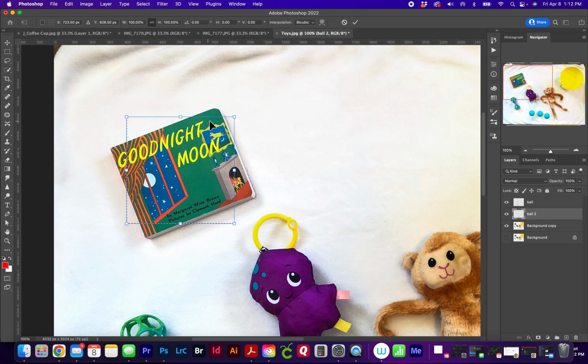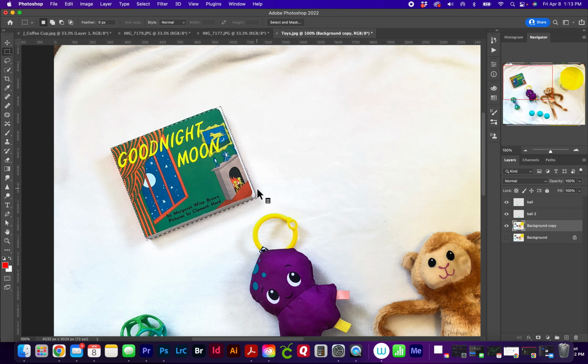So I'm going to go up to Select and transform my selection and rotate my square. And then from here, I'm going to alter the edge. I'm going to hold my Shift key and drag that edge down to meet my image. And Shift key again, click and drag. So I'm only moving one side instead of moving the selection or adjusting the selection proportionally. I'm going to try to get it as close as possible to each side. And then once I'm happy with my selection, I will hit enter or click the checkbox at the top